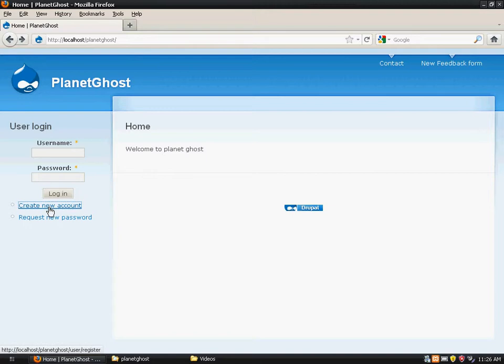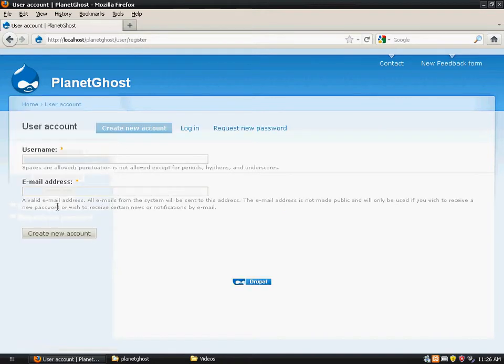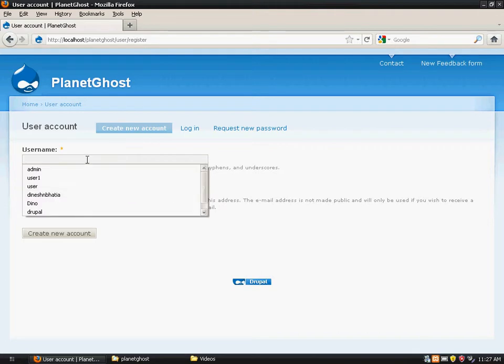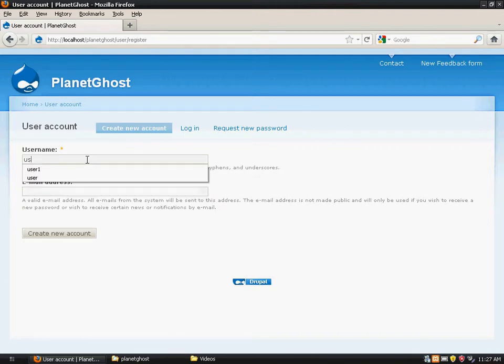What we'll do today in this tutorial is we'll make a few users in Drupal. Now when I click on create new account, I get the text field username. I'll make a user with name user1, and I'll type in the email address as user1@planetcourse.com. So user1 will receive an email in his inbox, in his mailbox.